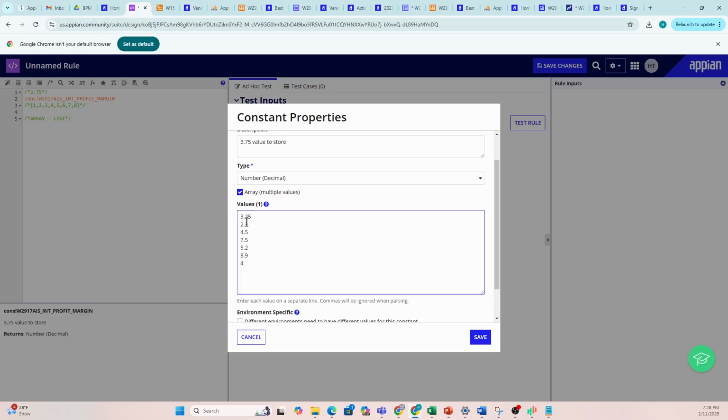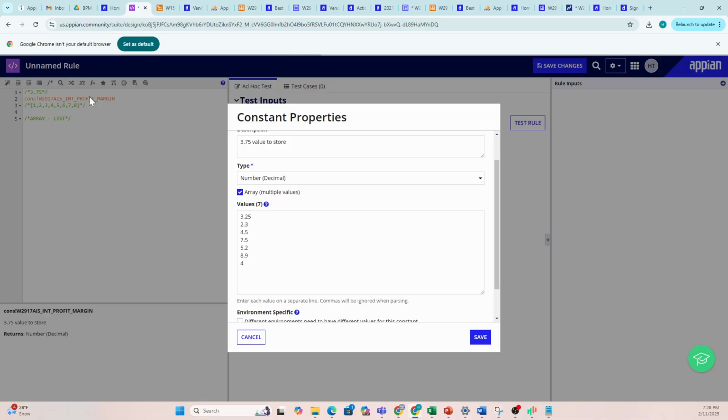So I just stored 1, 2, 3, 4, 5, 6, 7 values in this list. The only thing I did was check this box, and then if I save this, previously there was only one 3.25 value